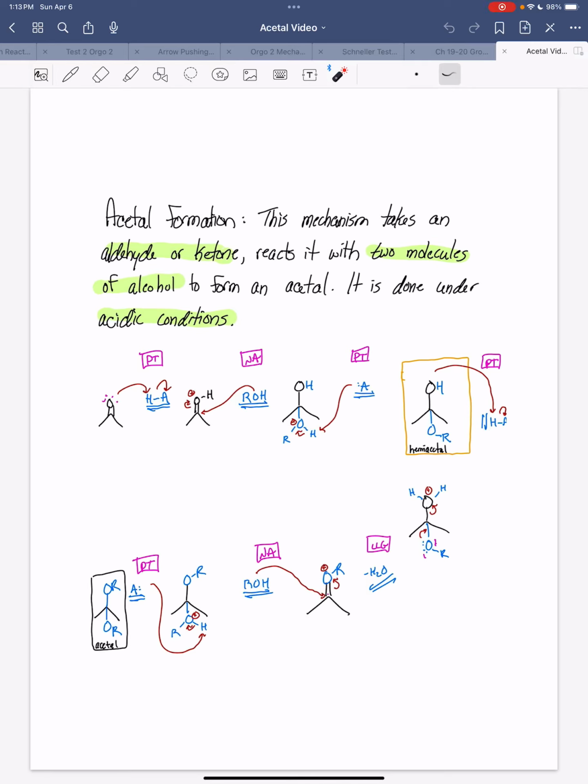Okay guys, today let's talk about the acetal mechanism. This is typically an Orgo 2 topic, most commonly discussed in the chapters involving aldehydes and ketones. Now, if you follow along with my breakdown of this mechanism, I've highlighted the most important parts. So long as you know what you're allowed to start with, work with, and have a general idea of what